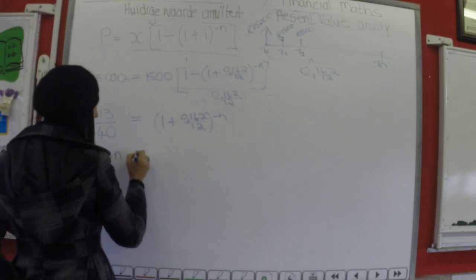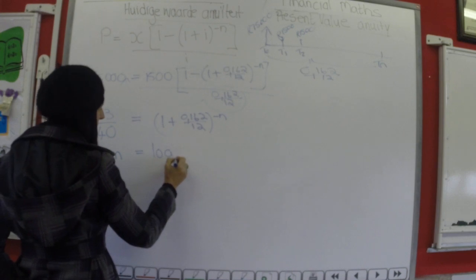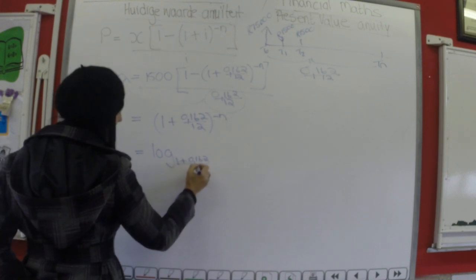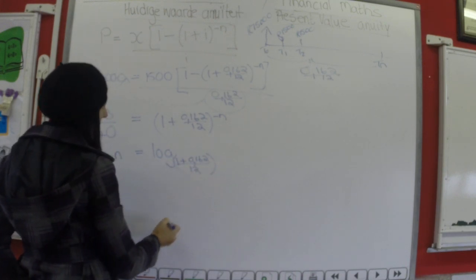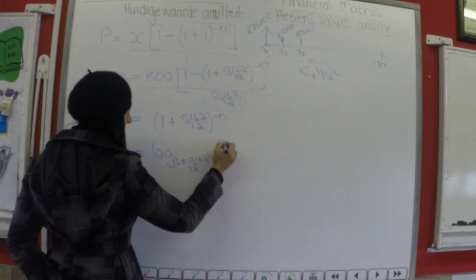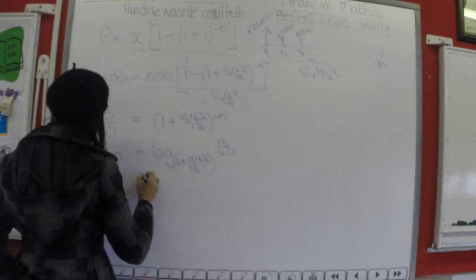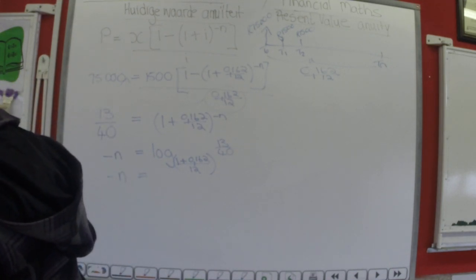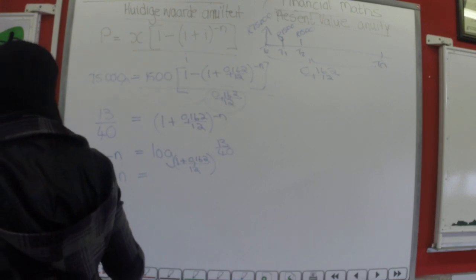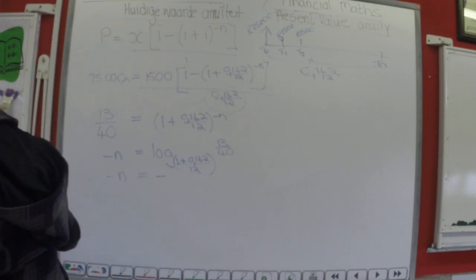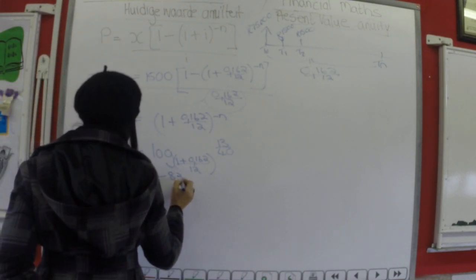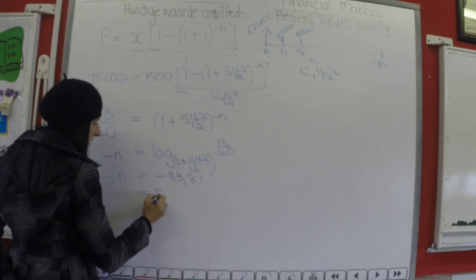minus N is gelyk aan die log van 1 plus 0,162 op 12, okay, en 13 op 40. And that, if I put that into my calculator, I'm going to get a negative value of minus 83,81, en omdat hy negatief is aan albei kante, is N gelyk aan